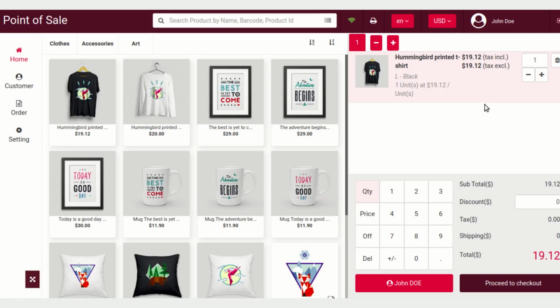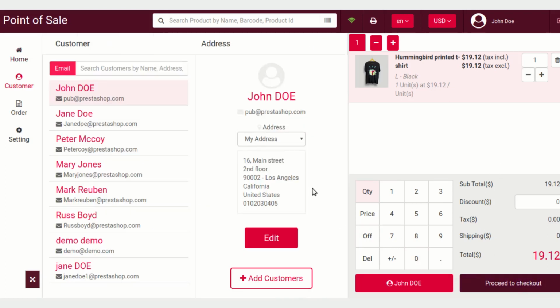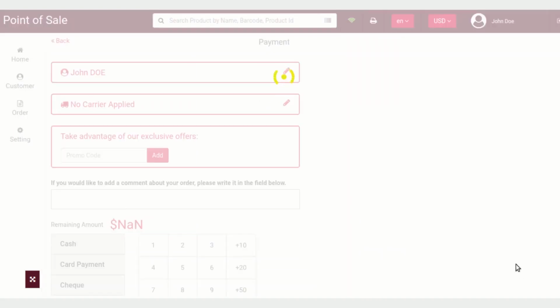This means that no tax is collected over this product, so nothing extra is shown while ordering the product. In order to proceed with the checkout, click on proceed to checkout, select a customer, and select the suitable address through which the customer wants to proceed. After that, click on proceed to checkout.